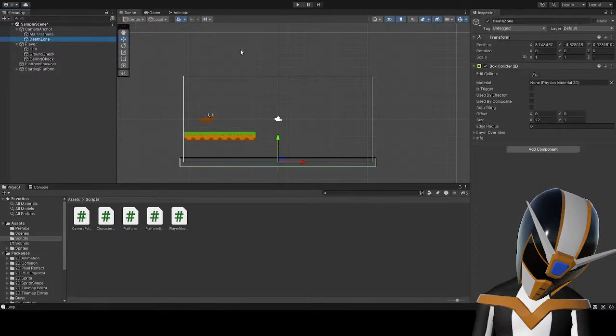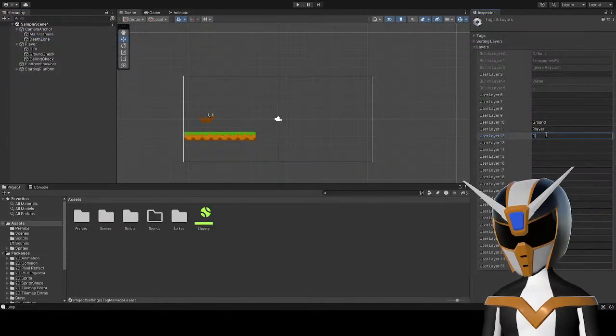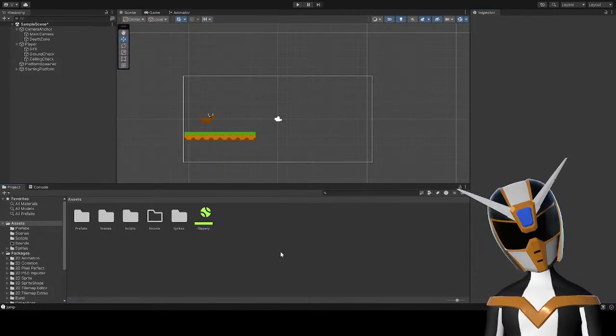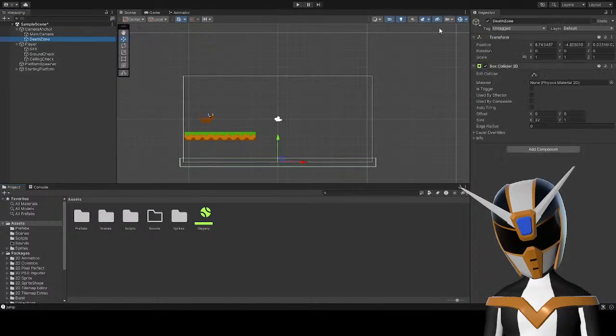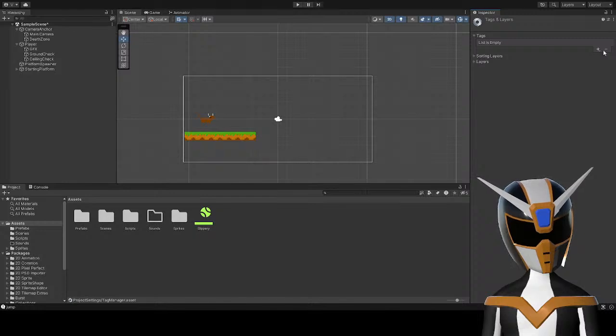And then let's add a layer for, let's just call this layer death. Or add a tag. I don't know. Let's add a tag.